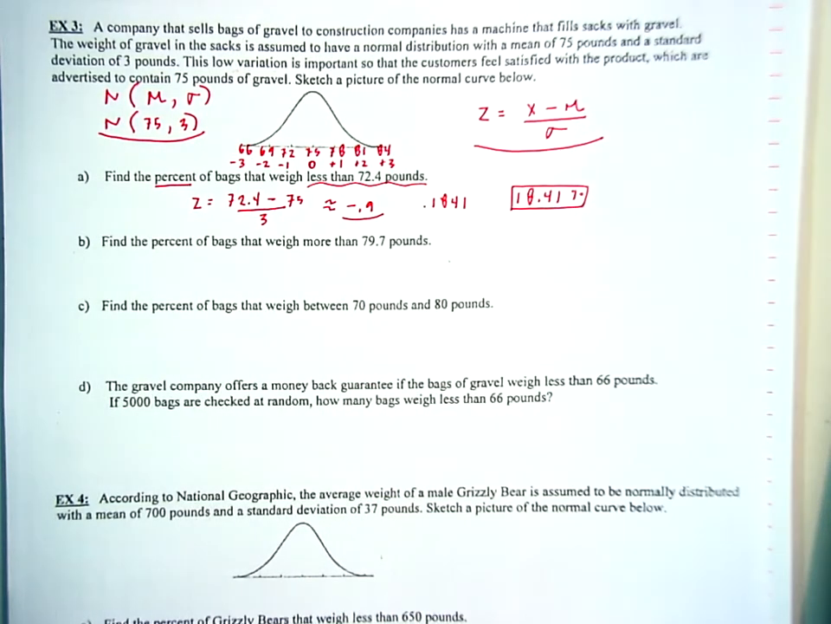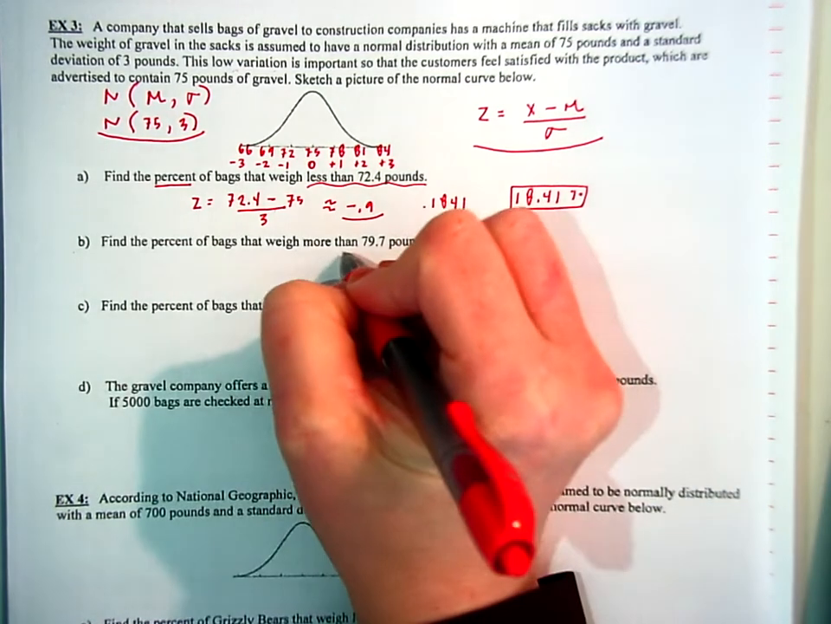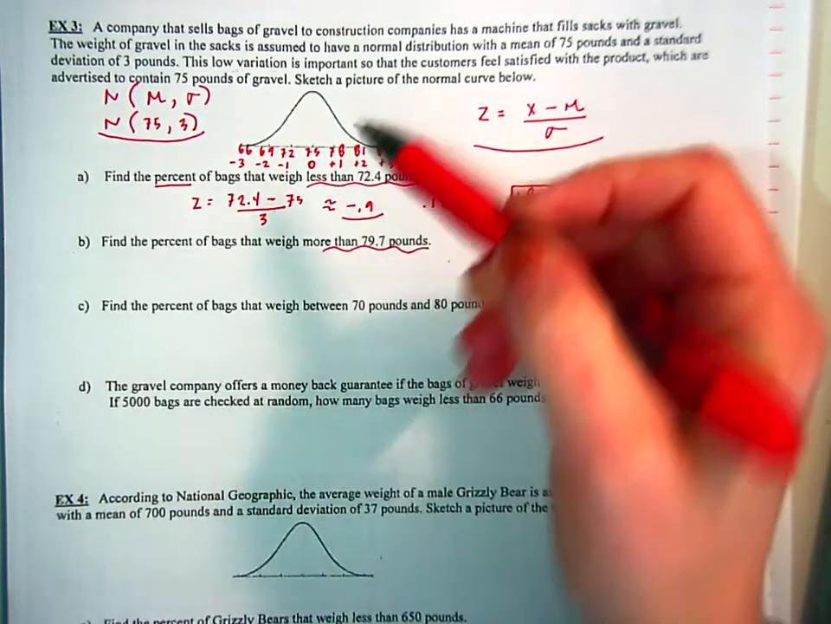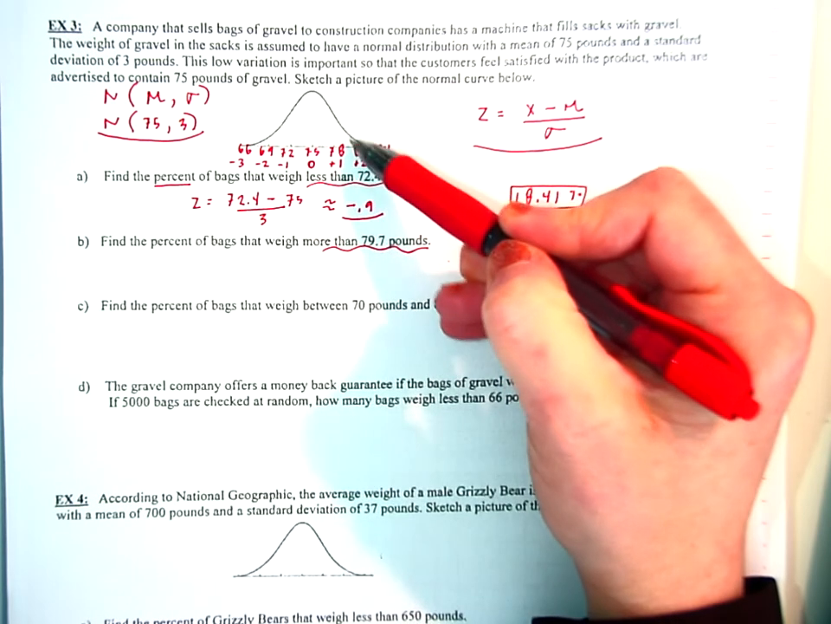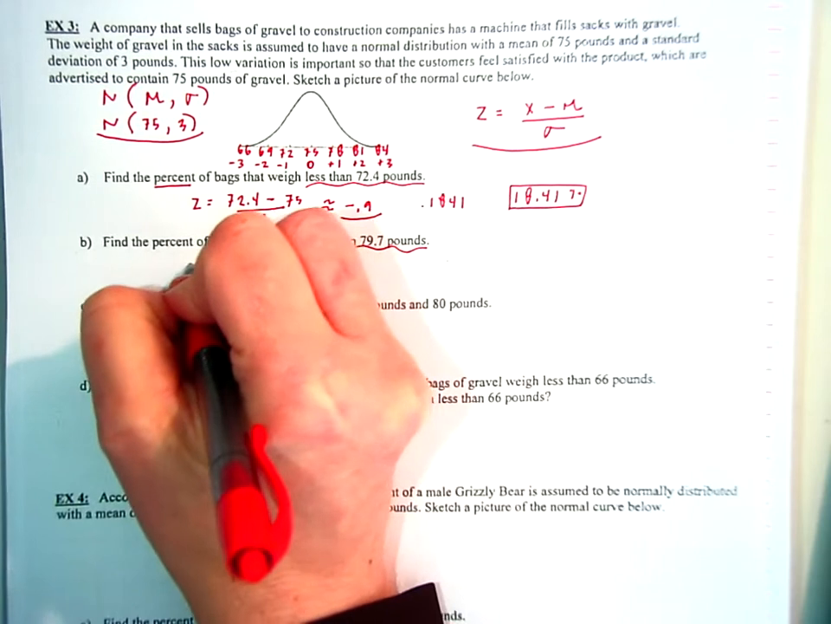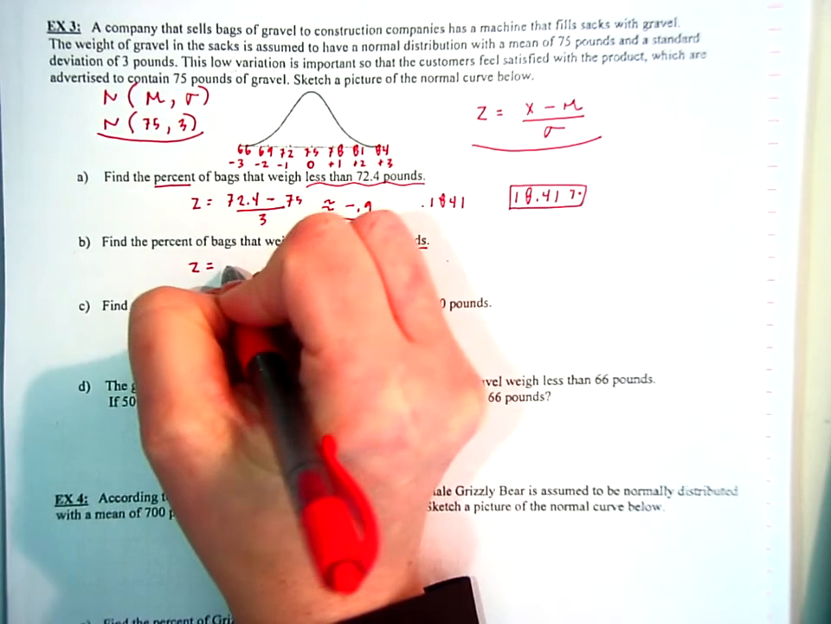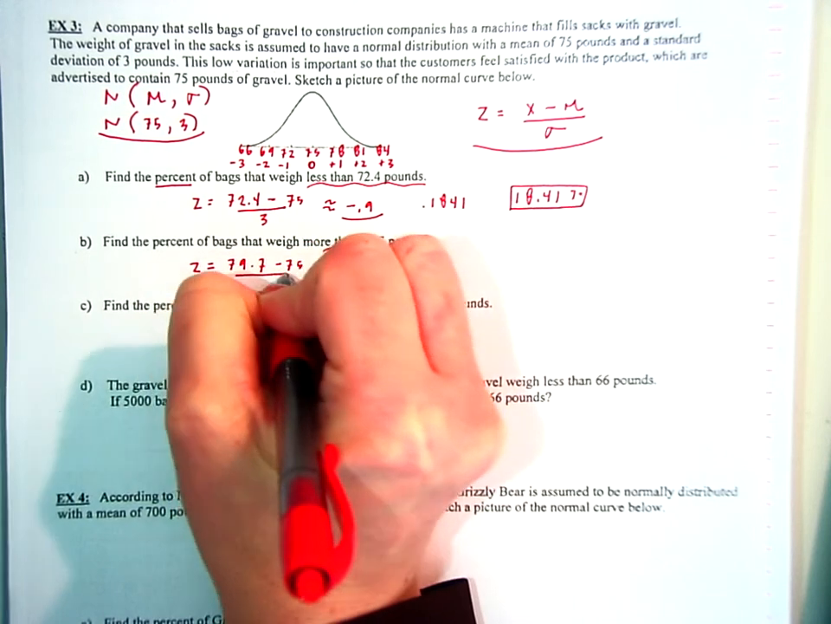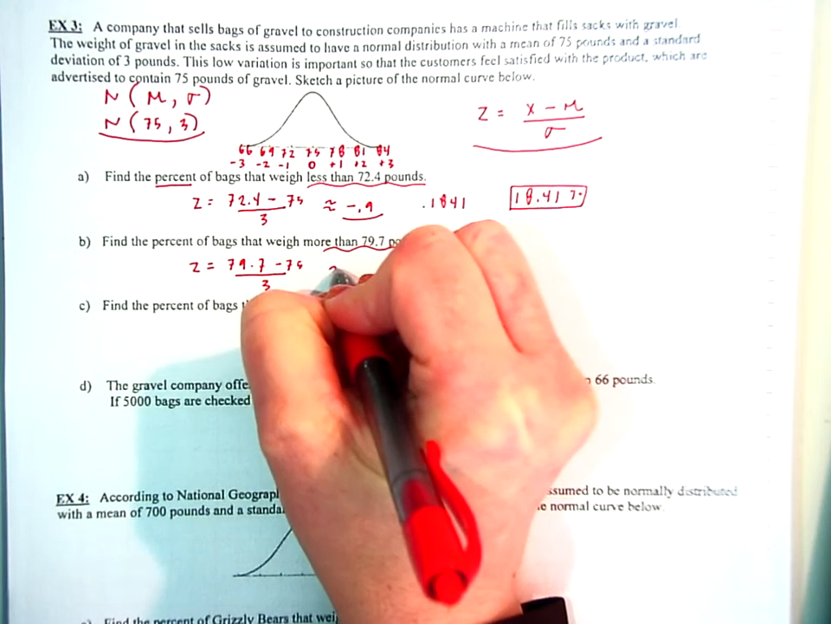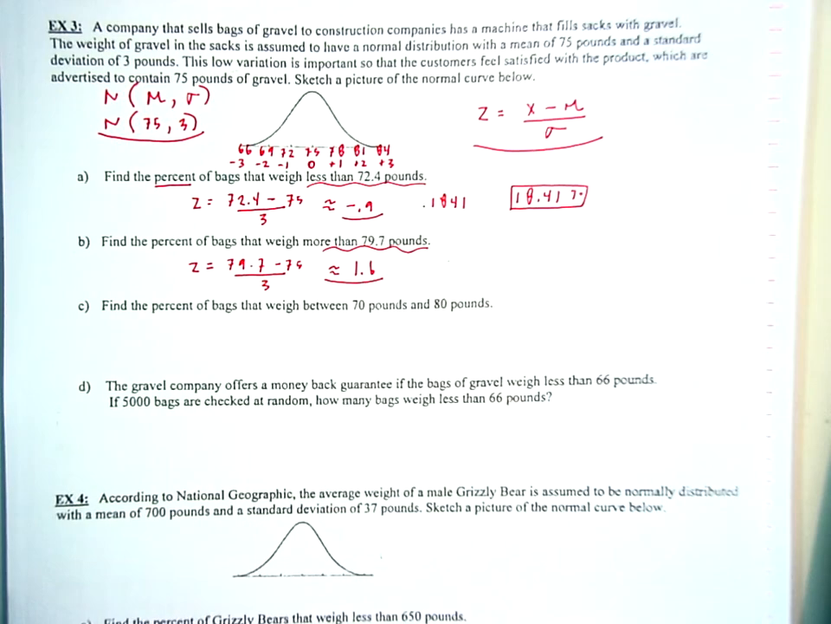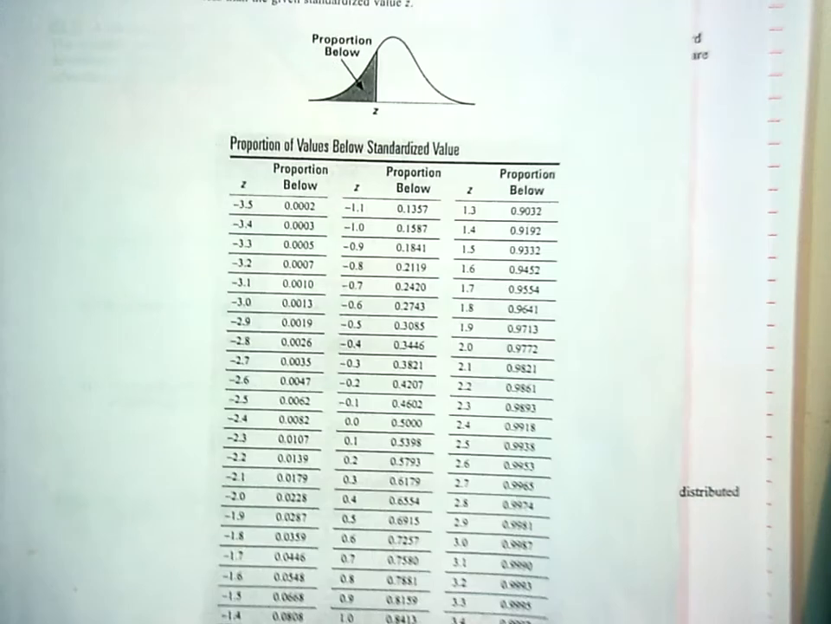All right, how about the percent of bags that weigh more than 79.7 pounds? So I'm looking somewhere in here, and I'm looking to the right because I'm looking at more than. So I have to start with my z-score. So z equals 79.7 minus the mean over the standard deviation. And when I type that in, I get about 1.6 when I'm rounding to the nearest tenth. So if I go to my z-score chart, I'm looking at 1.6. So here's my 1.6,